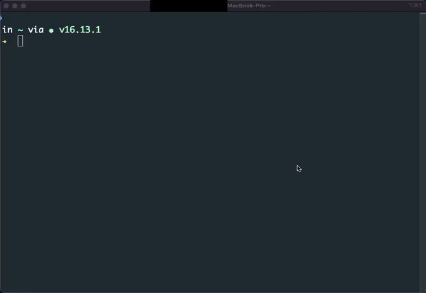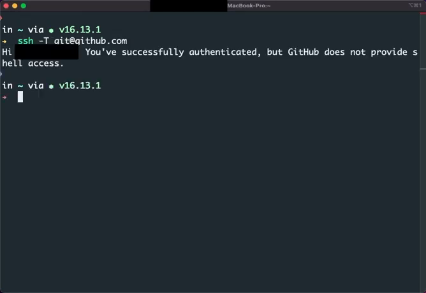Okay, once you've added your key to GitHub, you can go back to your terminal and then enter in this command in order to test the connection. Voila, it's connected. That's it. Now you can create a repository in GitHub and select SSH instead of HTTP. And that will allow you to not have to enter your username and password each time you push a commit